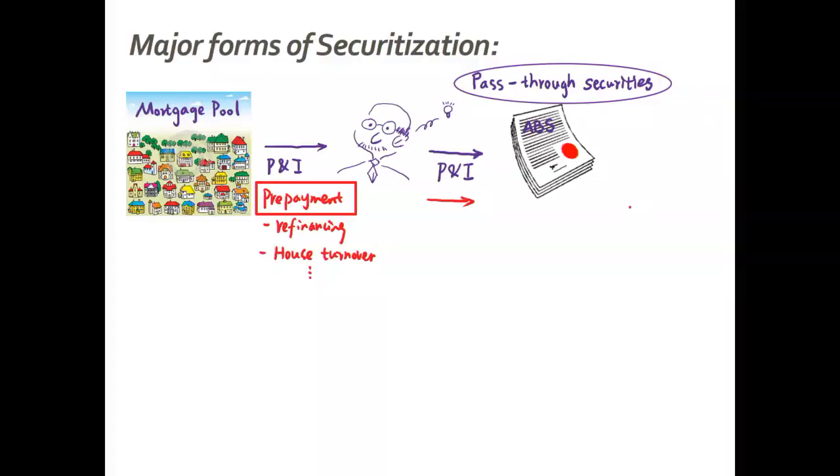The second thing is like what you said. We're expecting a 7% return from our investment. Now, when people start to prepay, they pay more principal, which means in the future you will receive less interest payments, and you will no longer enjoy the 7% return anymore. So that's the bad thing about prepayments. And because prepayments lead to uncertainty for investors, and some investors do not like this uncertainty, the valuation of these pass-through securities will be affected. Okay?